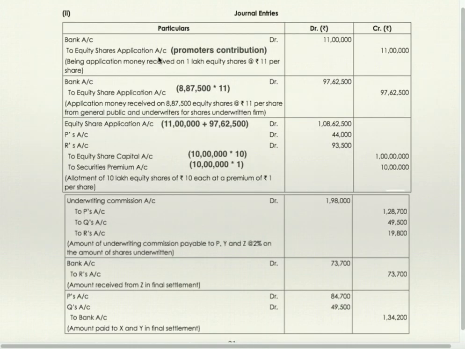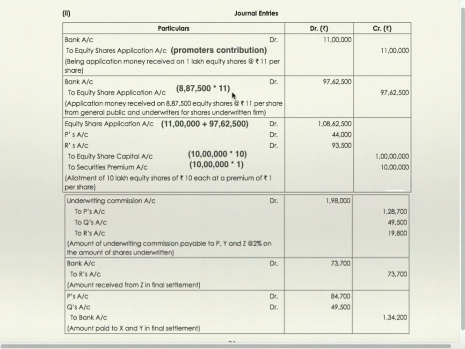Bank account debit to equity share application, promoters' contribution. 1 lakh shares were taken over by promoters and they have paid the amount; the company has received it from promoters. Bank to equity share application 1 lakh into 11. Bank account debit to equity share application, number of applications received